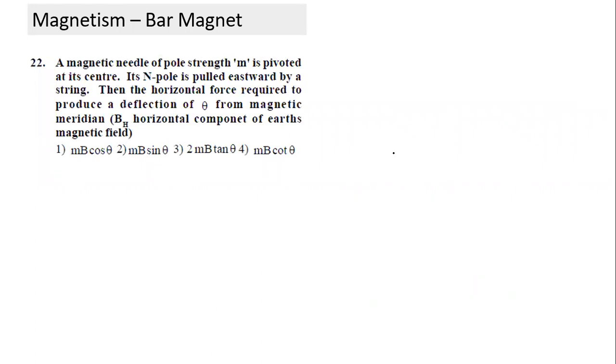Okay, this question, let's try and understand what is happening in this case. Let's look from the top. It's something like this. There's a needle which is placed, and we are looking from the top. I can represent the needle by an arrow also. This is what the magnetic needle is like, and it will point in this direction. It will point not towards north, but toward magnetic north. That's the orientation. Okay, if the north pole is pulled eastwards, so this is north, and this becomes east, it is pulled towards east by a string.